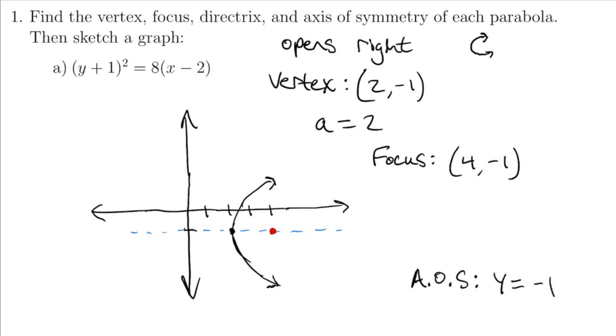So now the directrix, we can use a similar method. We go a distance of 2 backwards, right? That's why I said it's kind of behind the parabola. And that's going to give us a point on the directrix, which is going to be this vertical line. So it actually turns out to be the y-axis, but I'm going to define it as x equals 0. Directrix is the line x equals 0. And I think that's everything we needed to find for this example. We found the vertex, the focus, the directrix, and the axis of symmetry, and we did a rough sketch of the graph. So I think that should be enough, and now let's go ahead and move on to our next